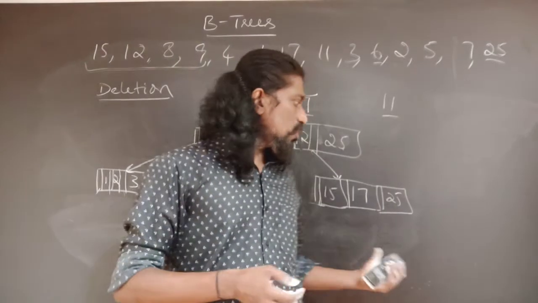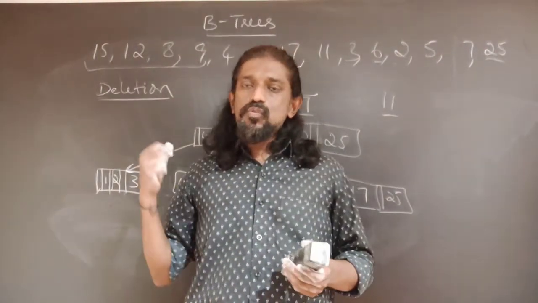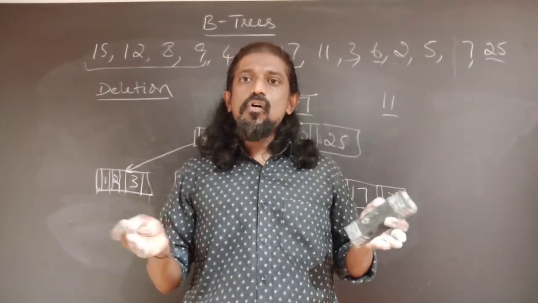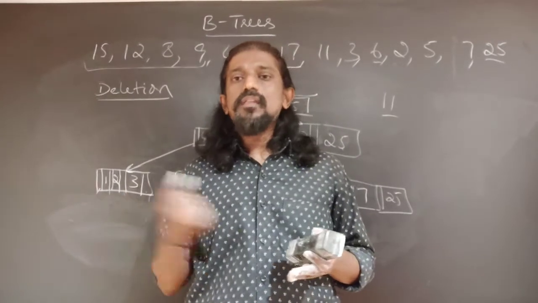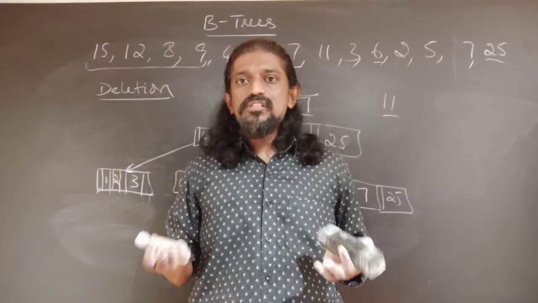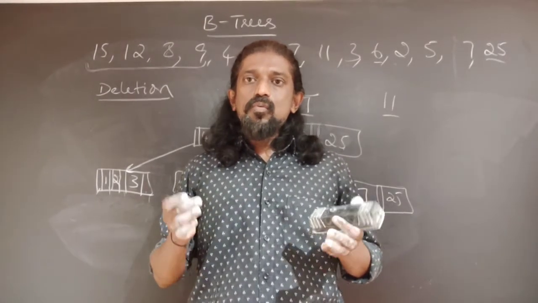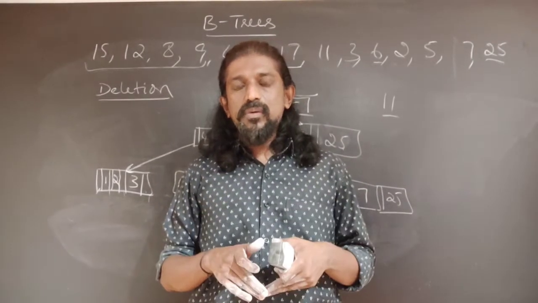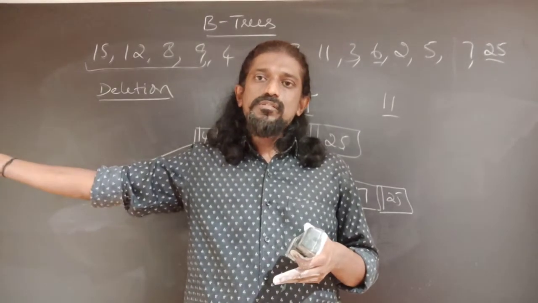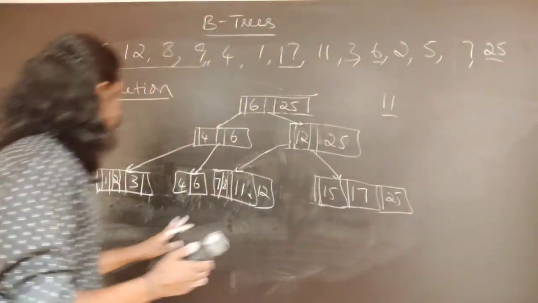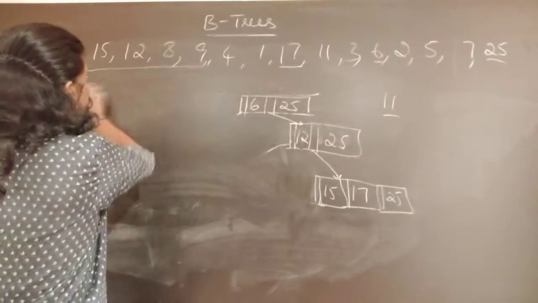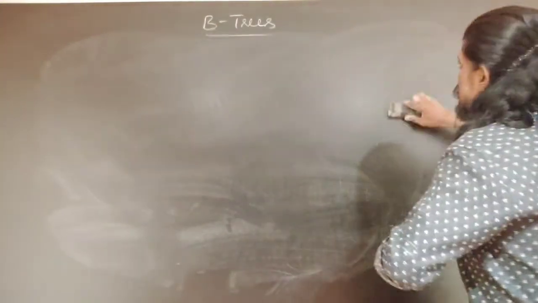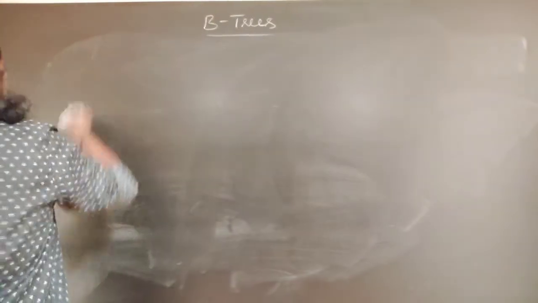However, there is another operation called redistribution, which can be used for both insertion as well as deletion, in which case instead of splitting or merging, we borrow keys from the neighbor sibling. How many keys? From a minimum number of keys required for the survival of that node to a maximum number of keys that the neighbor can give. So that is about B-trees: insertion, deletion and searching. We will quickly analyze the efficiency of the B-tree. Analysis.